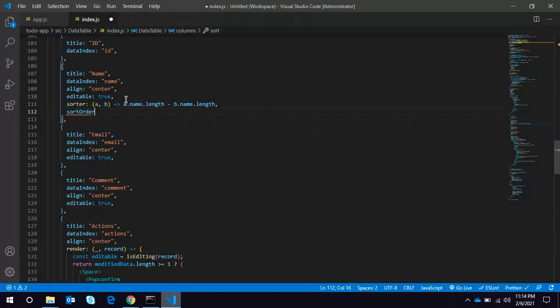Sort order, sorter info dot column key, dot order. These two properties will be common in the other two columns as well.